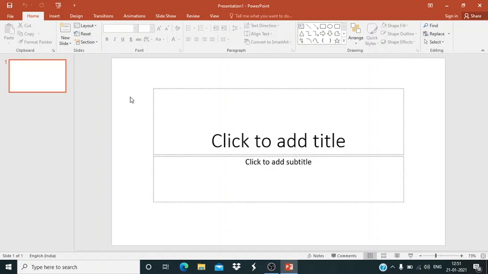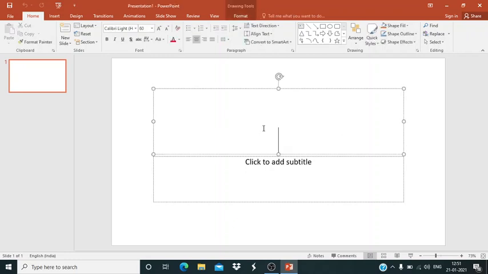Now if I want to type something in this first slide, usually the first slide which opens up is called the title slide. Even before I go on, in this title slide I want to type the topic of the presentation. Say I am taking research process. So I click over there and just type research process. It's so simple. Now I have typed the title of the presentation.